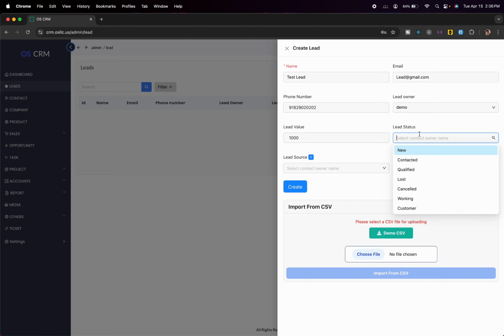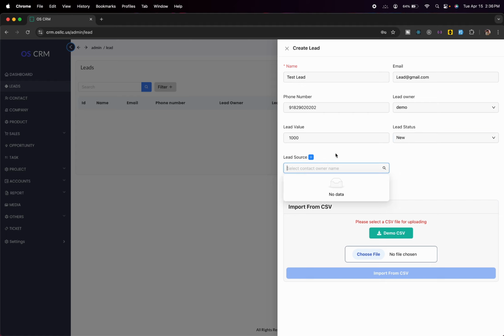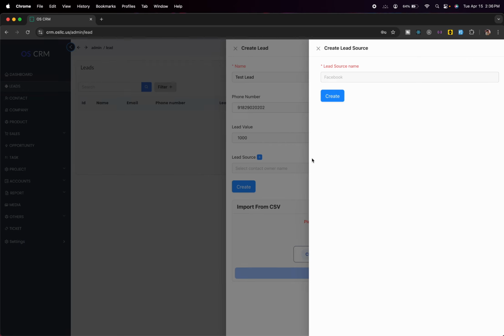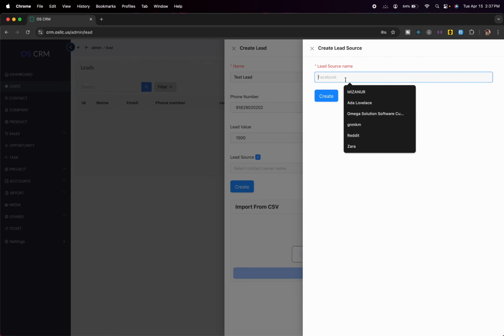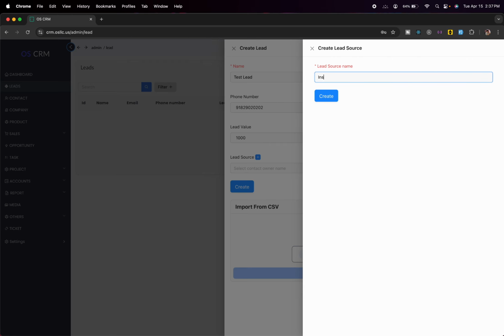You can select the status of your lead as new, contacted, qualified, lost, cancelled, working, and customer. So I'll be putting it as a new lead. Then you can choose the lead source, which in this case we haven't created yet. So let me create a new lead source. In this case, I'm going to give it Instagram and create,